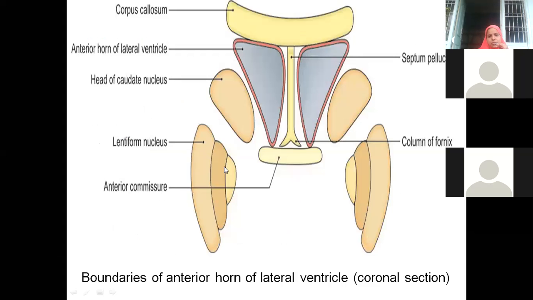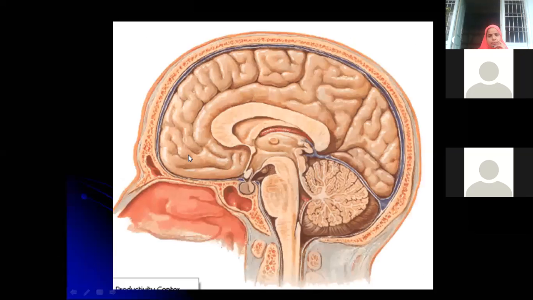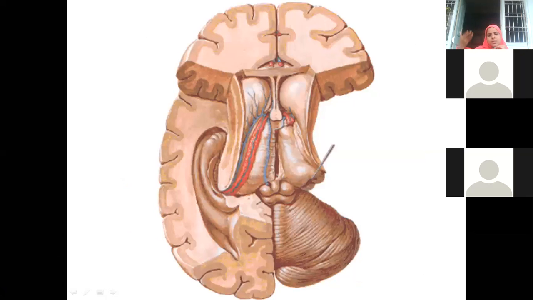Now, these two pictures. Two more pictures will also come now. This is the section which has been taken like this. That means when you take it like this, you call it a coronal section. So what is this section showing us? This is gray matter, which is the cerebral cortex, and white matter is inside. Inside the white matter, again we have a collection of gray matter, which is called basal ganglia. Thalamus, caudate nucleus, lentiform nucleus. All together we use the word basal ganglia. So this area is actually thalamus.